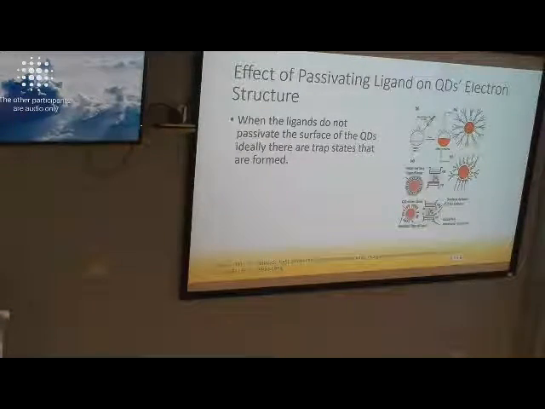So in solution of water, right? Why doesn't a water molecule come in passively if there's a lack of... I haven't seen this, but I would assume that water would not act nicely to the surface, so it could oxidize the surface, and then you could make trap states. So typically, these are all in organic solvents, so there's no water present. If you're in the organics, aqueous solutions, then there is,